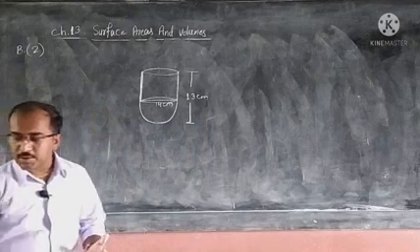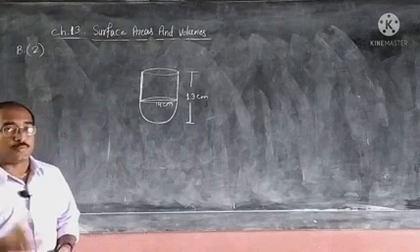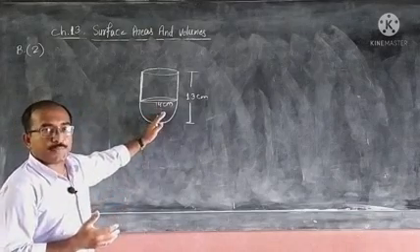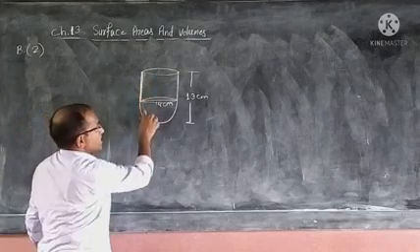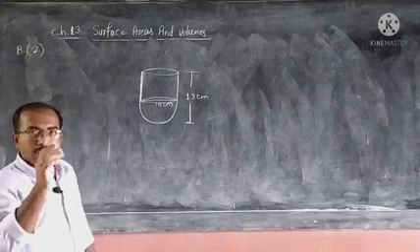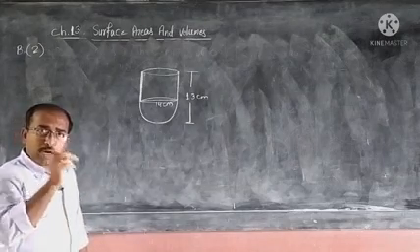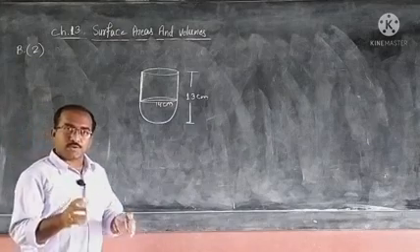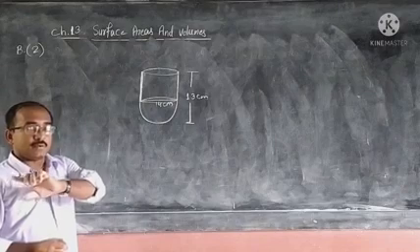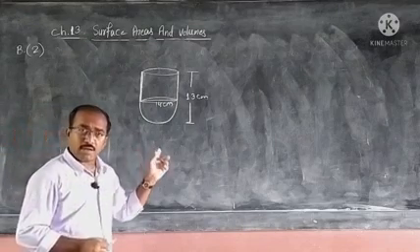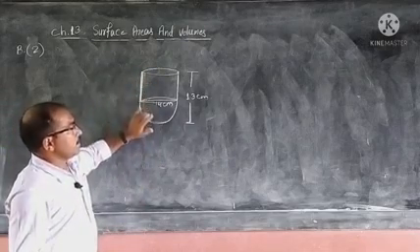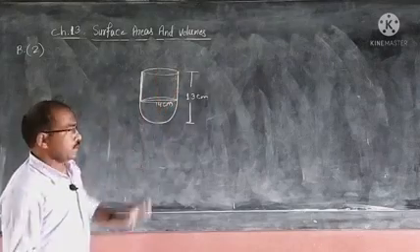Then what we have to do here? Find the inner surface area of the vessel. Inner surface. If we have a vessel of this shape, we have to calculate the surface which is inside the vessel, that is called inner surface area. Then there will be outer surface area also. Why? Because every solid will have thickness, and thickness will change the dimension. Outer dimension will be longer, inner dimension will be smaller. Anyway, here we are asked to find the inner surface area, that is all.